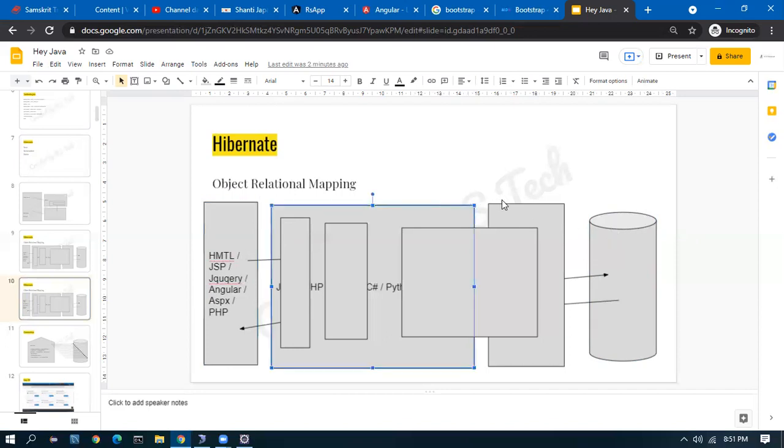So in the middle layer, there will be layers within the middle layer itself. We have separate layers. The last layer which interacts with the database is the ORM, the object relational mapping. The first layer which interacts with the HTML is the controller. This is what we saw in the web application: controller, service, DAO. So in the DAO layer, the ORM Hibernate is introduced so that the query can be minimized or even eliminated, and the Java developers need not know the query. So this is going to hit the database and do the operations.